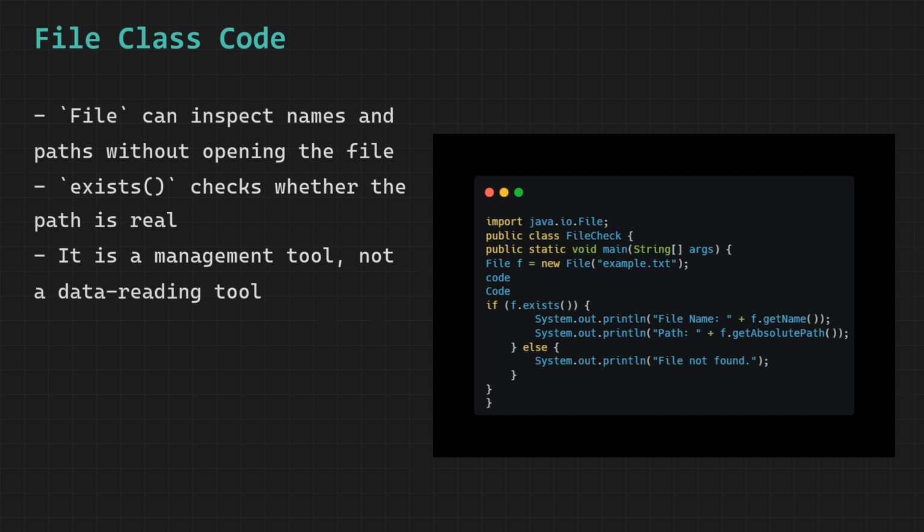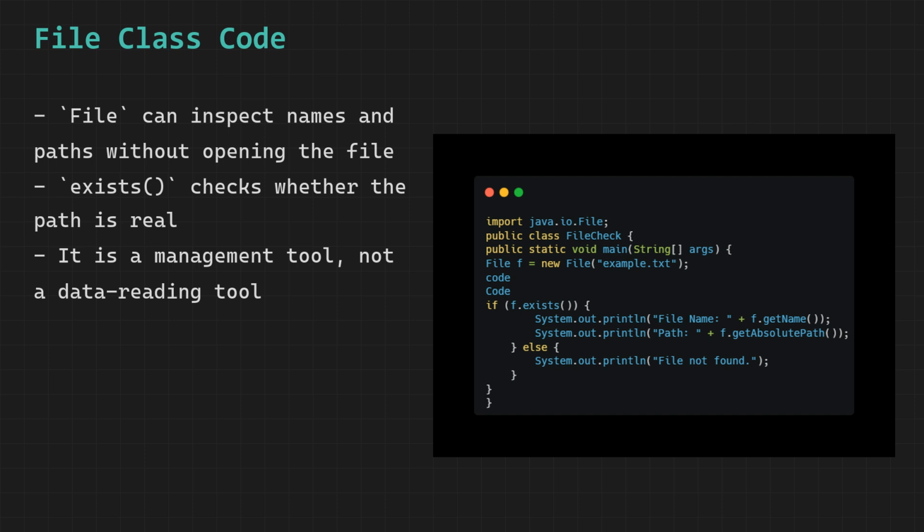The first is f.getName(), which returns just the name of the file without the full path, which in this case is example.txt. The second is f.getAbsolutePath(), which returns the complete full path from the root of the file system all the way to the file. This tells you exactly where on the hard drive the file is located. If the file does not exist, the else block runs and prints "File not found".